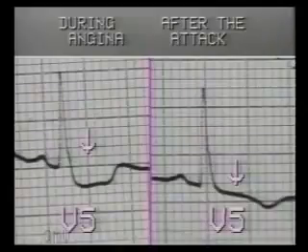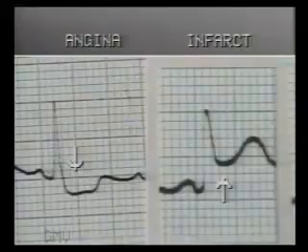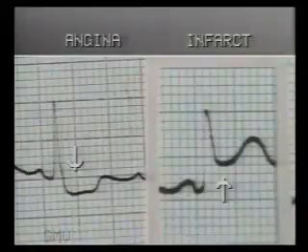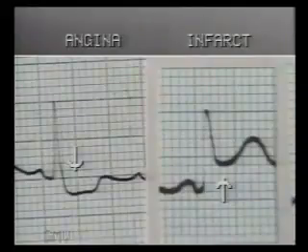There is plain or downward sloping ST segment depression which is temporary. Now compare the effect of myocardial infarction as seen on the right. When a coronary vessel gets blocked causing an infarct, ECG shows ST segment elevation in the leads facing the infarcted area. While in acute myocardial ischemia, as seen on the left, ECG shows a temporary ST segment depression.